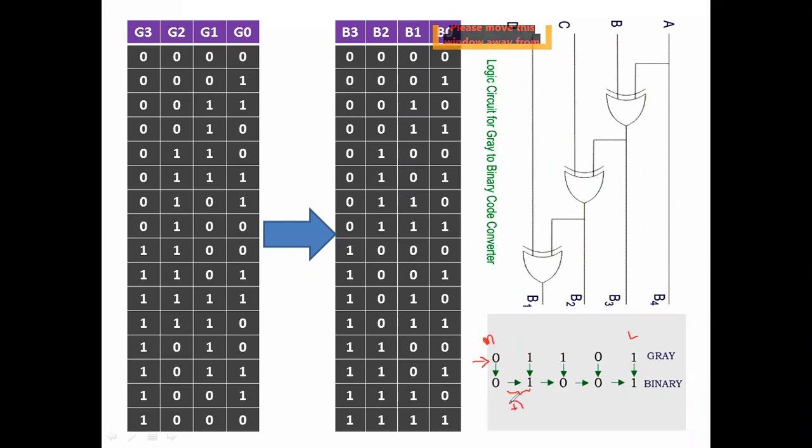Here there is only a little change from the previous process. This one XOR with this one, that is MSB with MSB minus 1. And then the next step, not MSB minus 1, instead the result of the previous process. This is the obtained result. This is XORed with MSB minus 2. Similarly, you proceed till the LSB is reached.